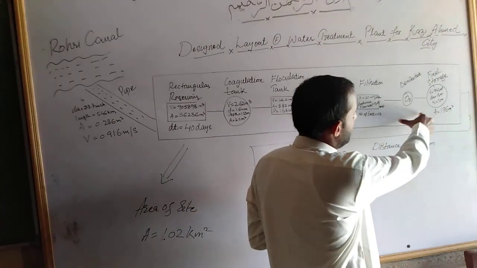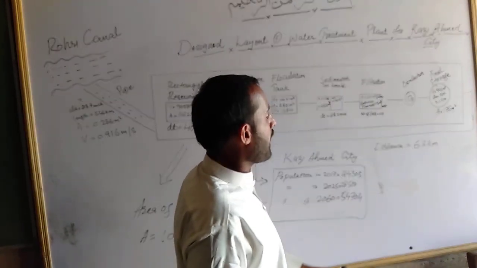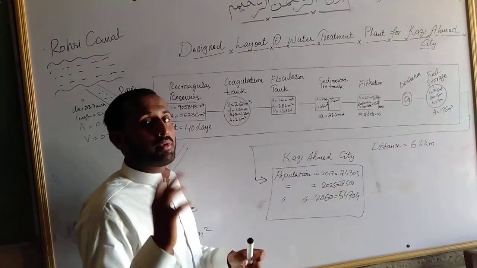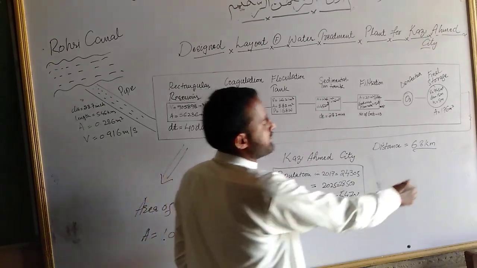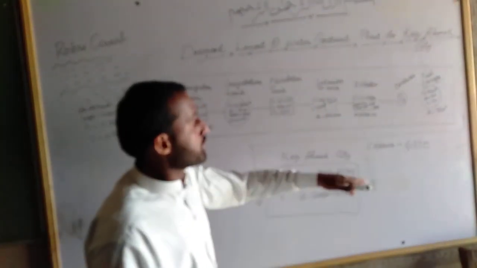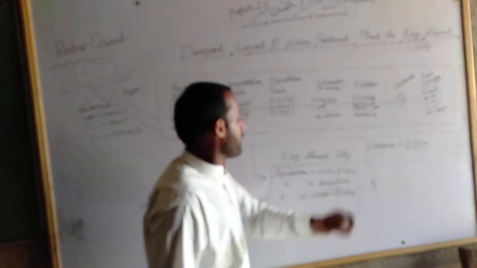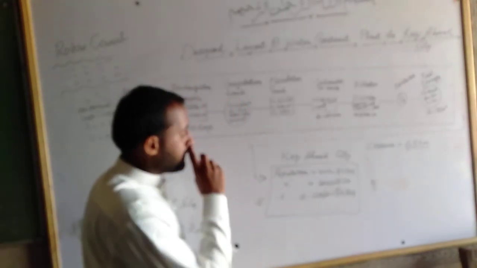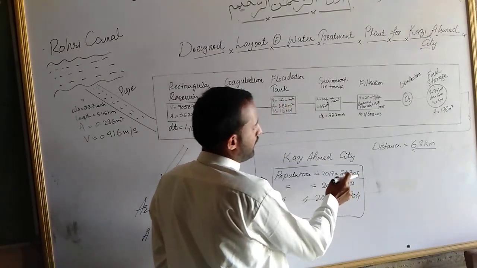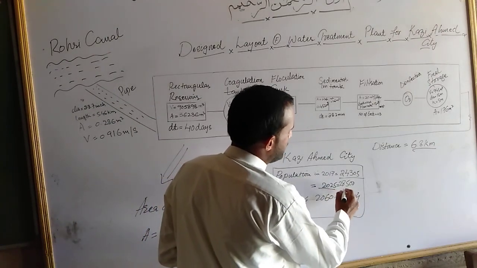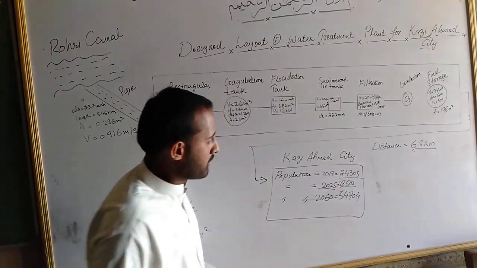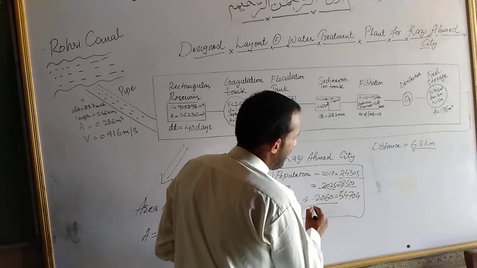Then, when the water is completely treated, it has to reach the people of Kazima, which are at a distance of 6.82 kilometers. The plant is away from the city at a distance of 6.82 kilometers. Now we have to transport this treated water to the people of Kazima. The Kazima city has a population of 24,305 in the initial year, and in 2025 its population is calculated as 28,500, while in 2060 it will be